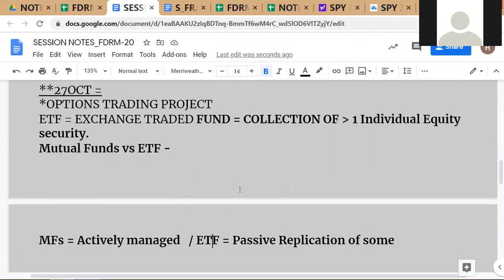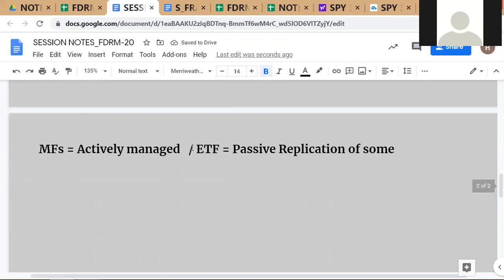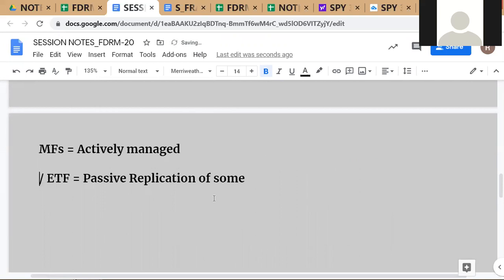Collection, we make sure we get all the basics right. It's very basic stuff actually that we're learning, but we have to make sure we have our basics correct. So mutual funds versus ETFs. This should be a plural here. What is this? Mutual funds are actively managed, and they are usually discretionary in the sense that